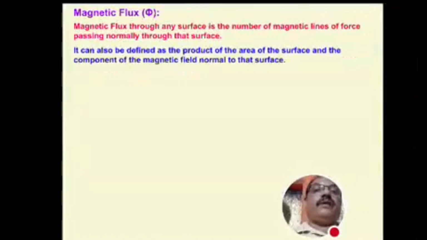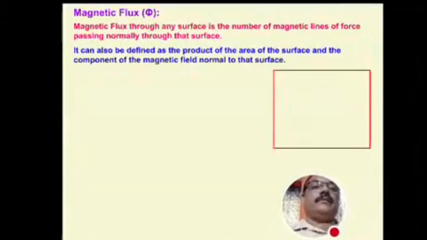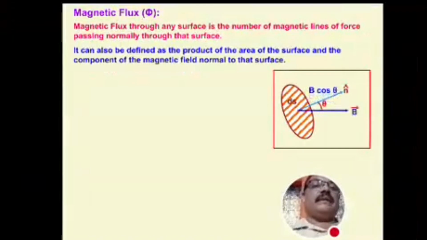It can also be defined as the product of area of surface and component of magnetic field normal to the surface. You can check it here. The animation figure is showing this is the area dS, and this is the normal, and this is the magnetic field in the direction shown here by the vector B. Now the component of B in the direction of normal will become B cos theta. By taking a trigonometrical function, one can easily say that